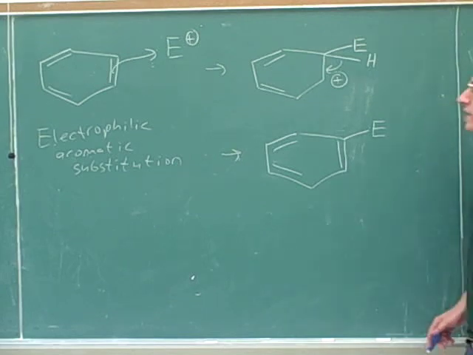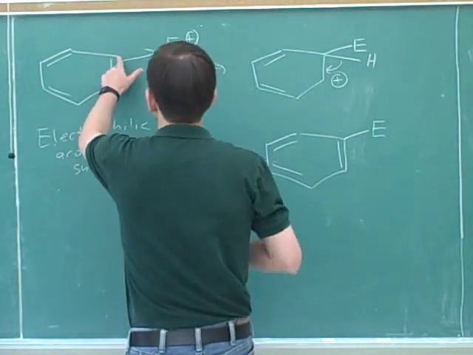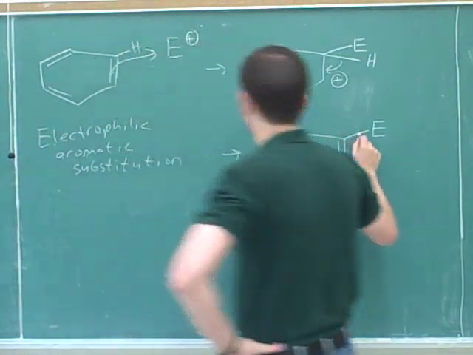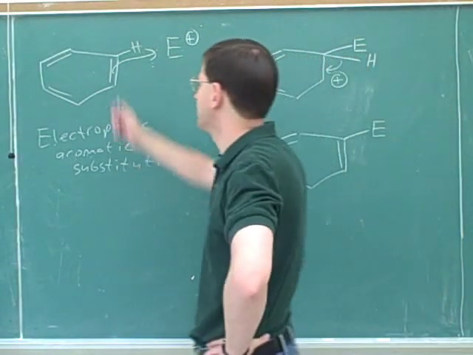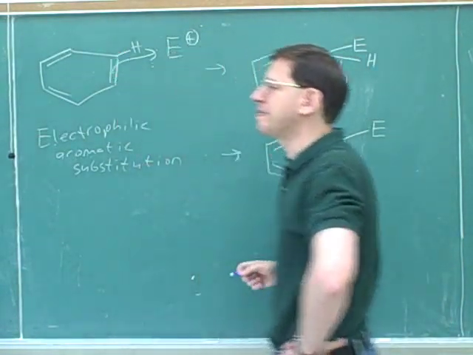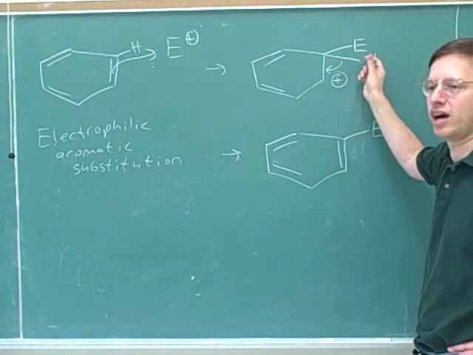That's right. It's easy to forget that because we didn't draw the hydrogen in this picture. But there used to be a hydrogen on this carbon. And now there's this new electrophile. So this is overall a substitution. It's good not to forget that there are hidden hydrogens on these carbons. A lot of people just think of this as gluing the electrophile on. But in order to glue it on, we have to kick off this hydrogen.